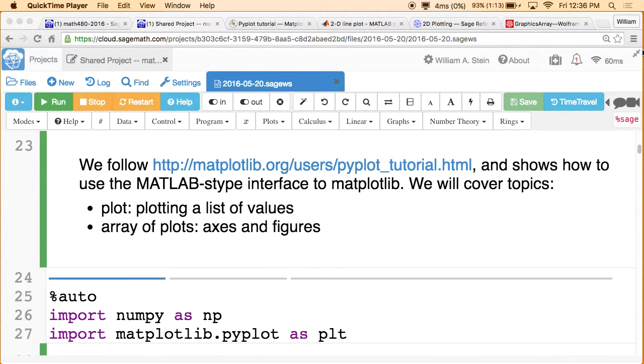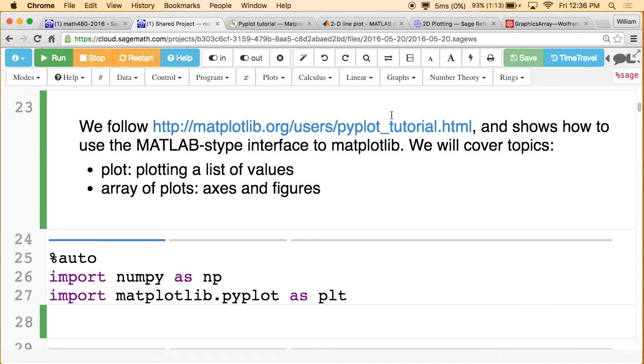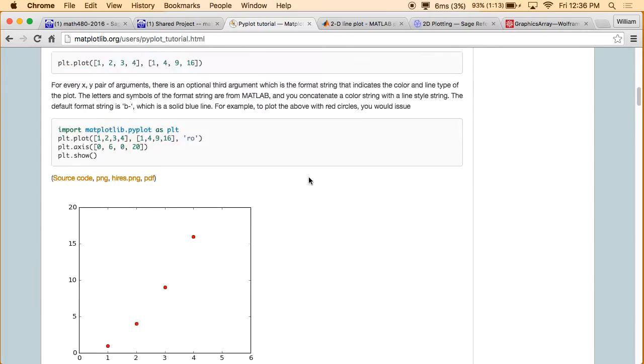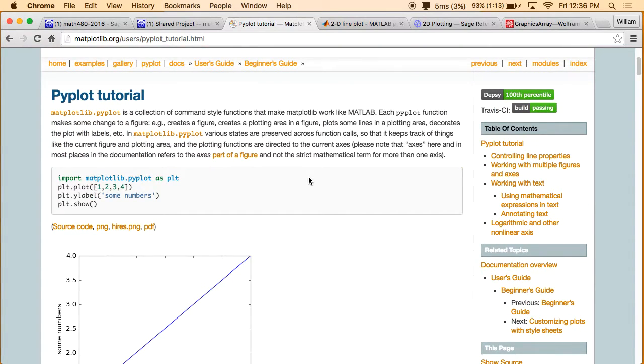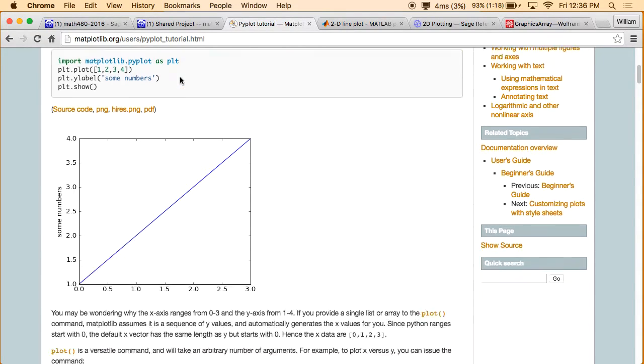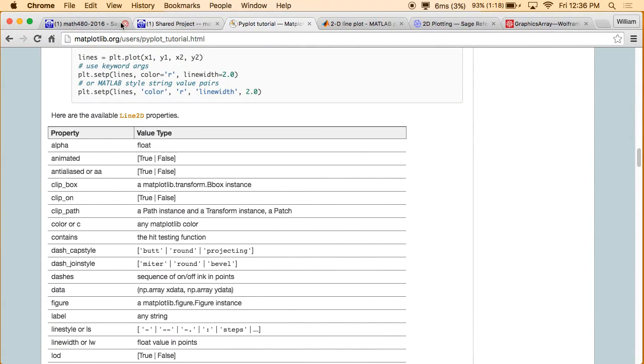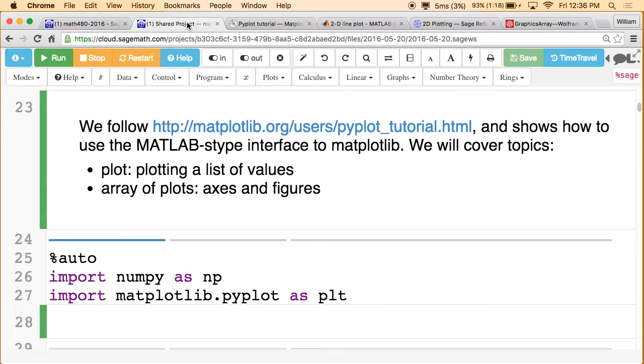Okay, so what we're going to do is follow the tutorial at this link, which is right here. Although, I don't know, this is gently inspired a little tiny bit by this tutorial, but I won't follow it too closely. But it's a good tutorial to look at and explains many things in great detail with lots of links and big tables of stuff like this, which is useful to look at. I'm just going to give you more background and